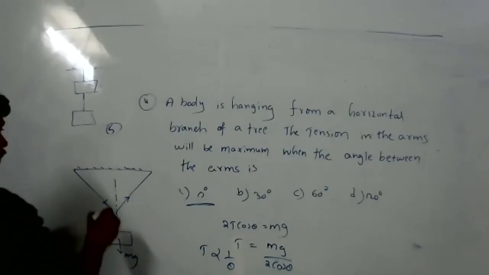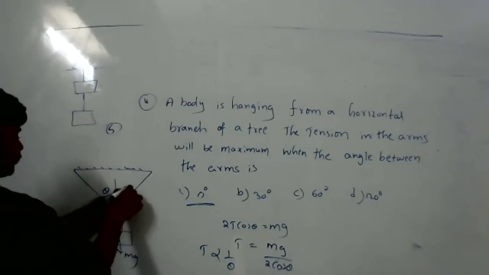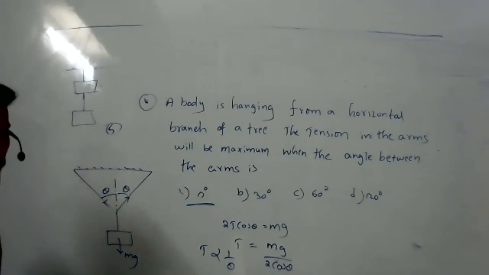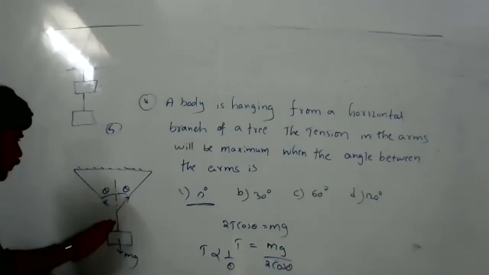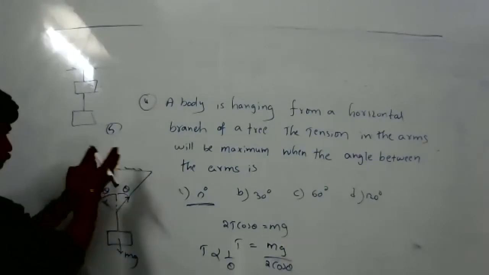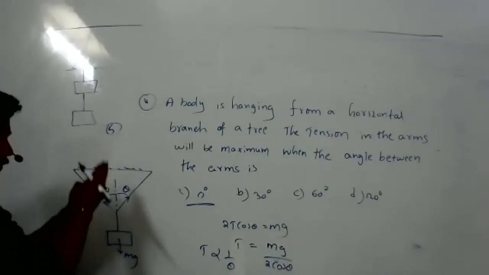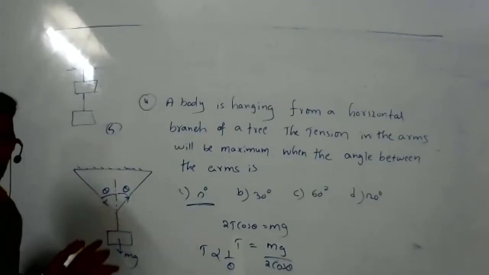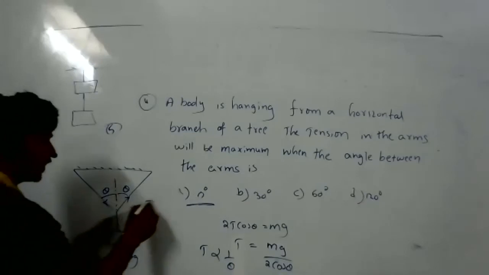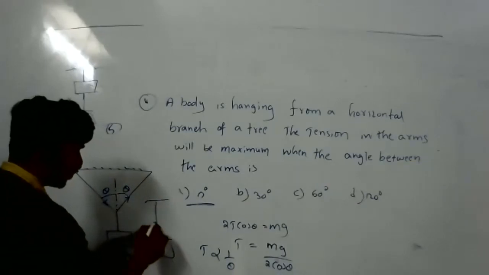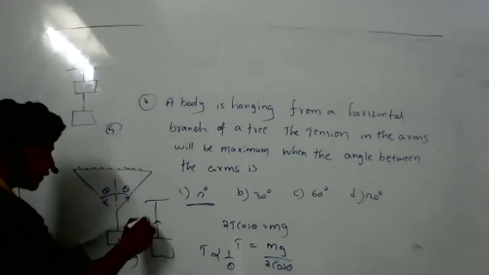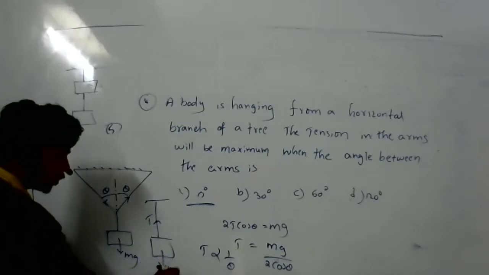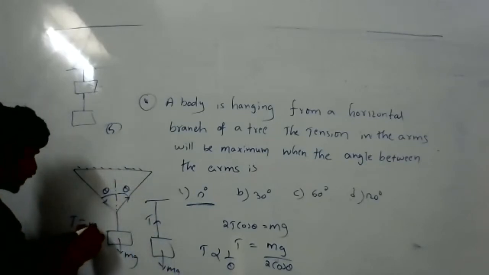If we keep them vertical to each other, the angle would be 0, na? Like if we keep the two strings vertical to each other. That way also, then tension is more. That time the answer would be 0. Because when it is like this, tension will be in the upward direction and mg. So total tension is equal to mg, right? That's what you are saying, right?